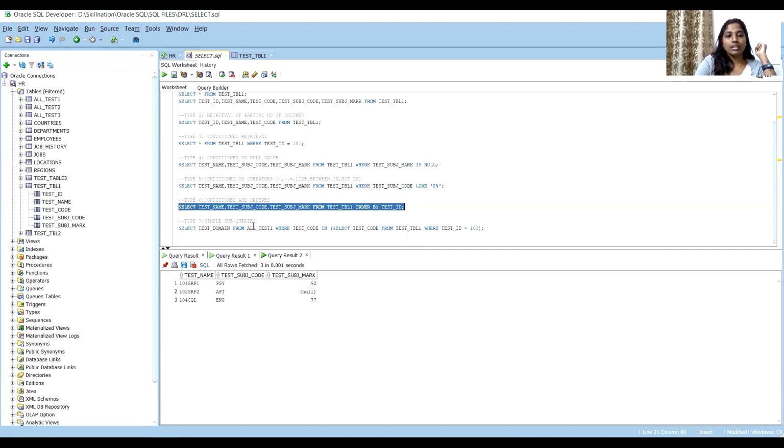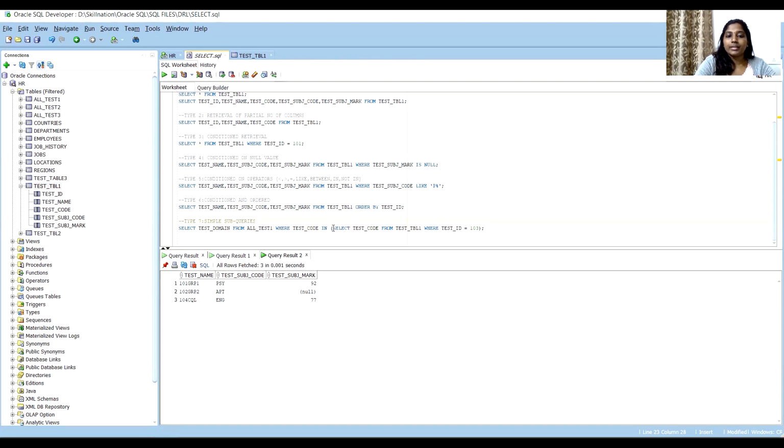The next one is the last type, subqueries. This is a simple subquery. Whatever we have seen till now is all the basic select statements: where clause, order by clause, select from, select all the columns, select all the rows, select particular columns and particular rows, with operators and null value and a particular value. So now what happens?